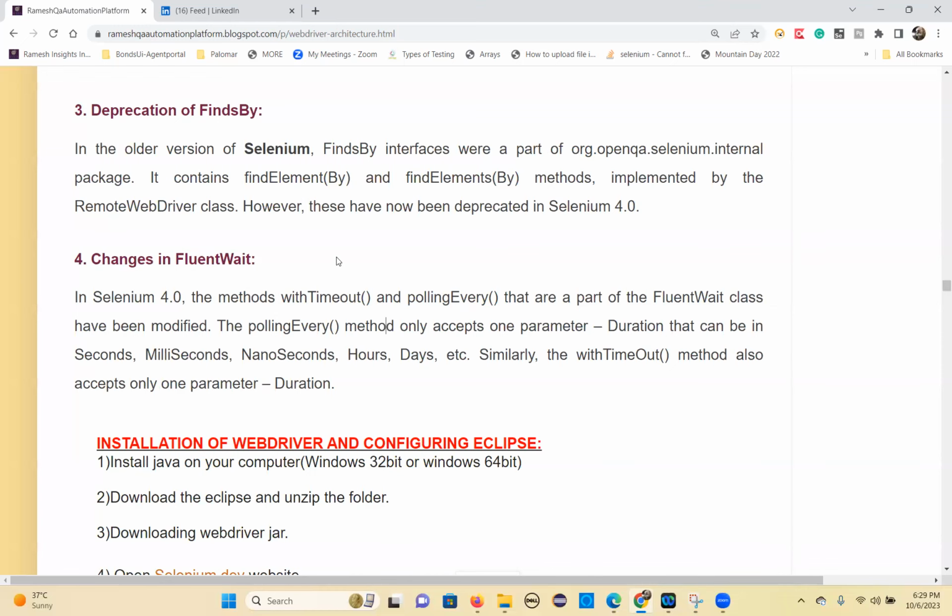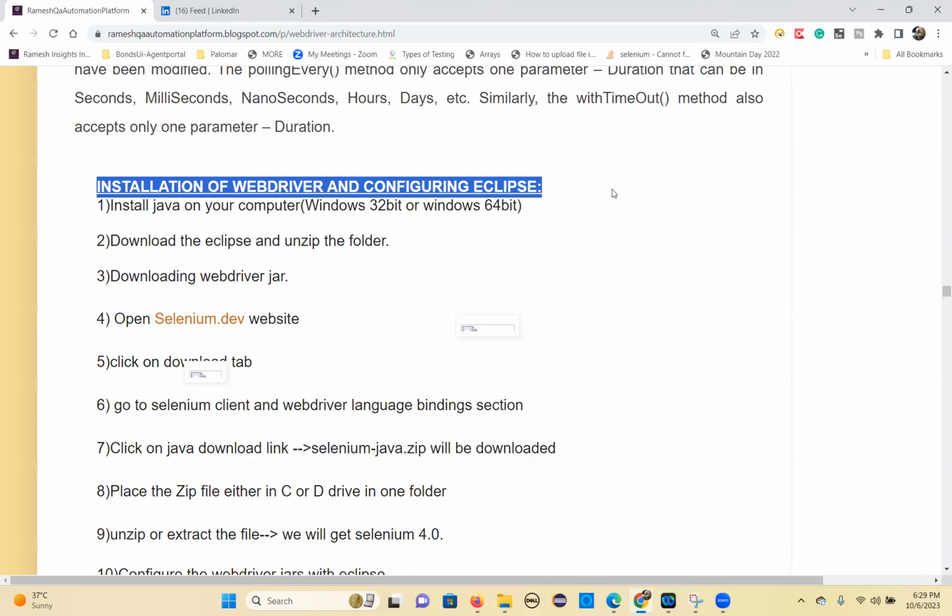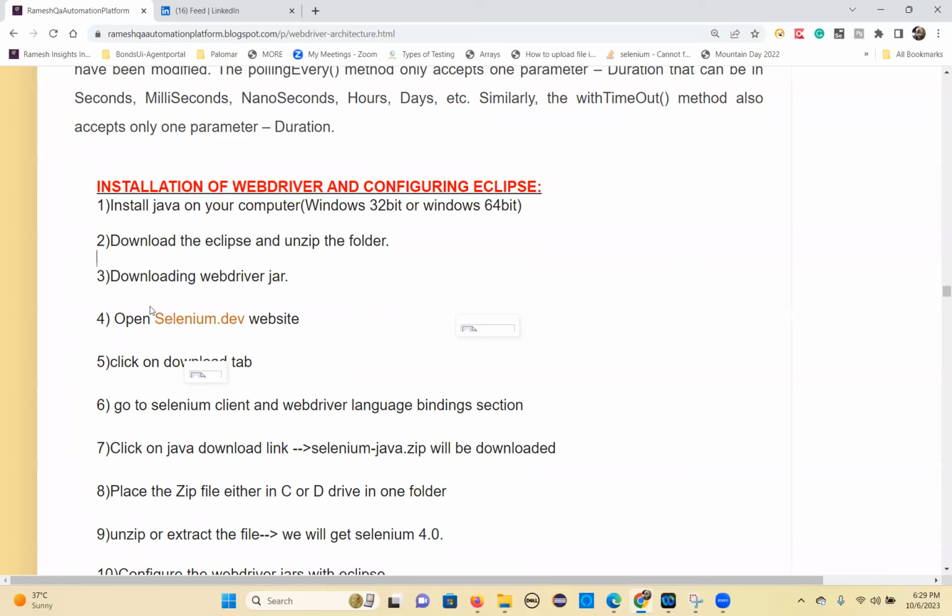Okay, so that's all about the theory for a little bit, but we still have more theory. In the next class, we'll download the Selenium jar files and write code. So don't miss it. And tomorrow you take a break for one day, and we'll join back on